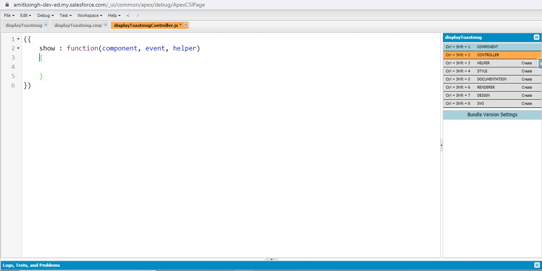Now we have to write code for the toast message. So first I need to declare a variable. Let's say its name should be tst is equal to $A.get(), and in brackets, in double quotes, we will put e.force:showToast,